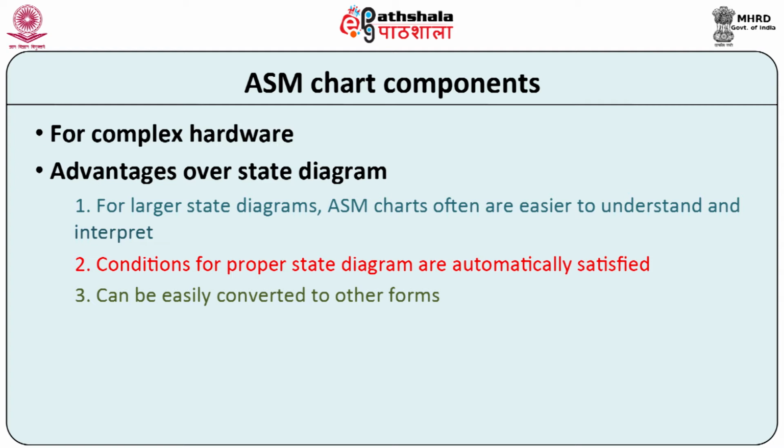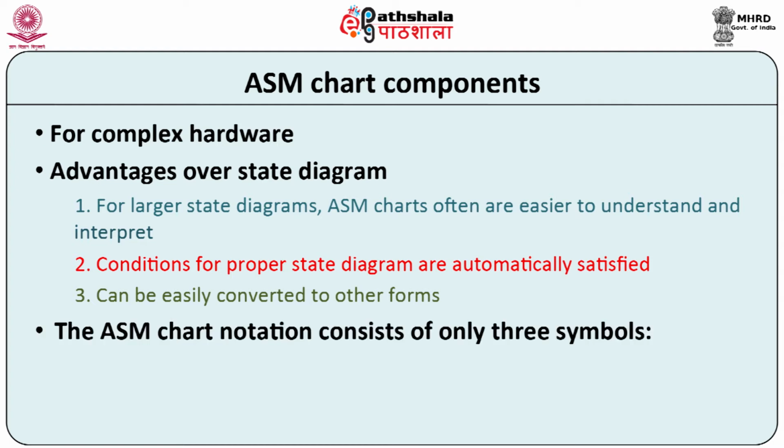The algorithm state machine chart method utilizes a simple procedure to create reliable sequential state machines. The ASM chart can create designs with style and elegance. The ASM chart notation consists of only three symbols: state, branch and conditional output. Out of these, the state and decision symbols are similar to the conventional flowchart technique. The conditional output symbol is a unique feature of the ASM chart.